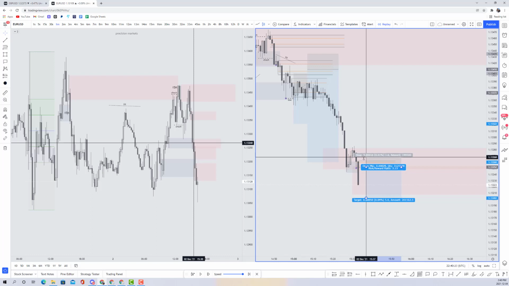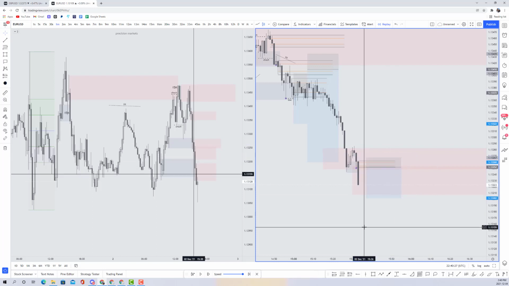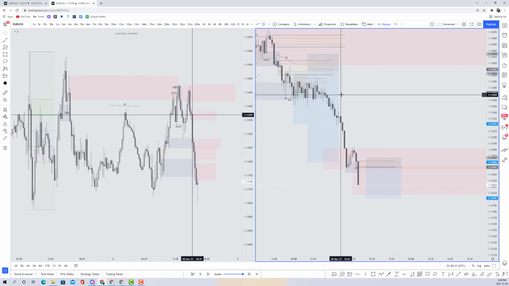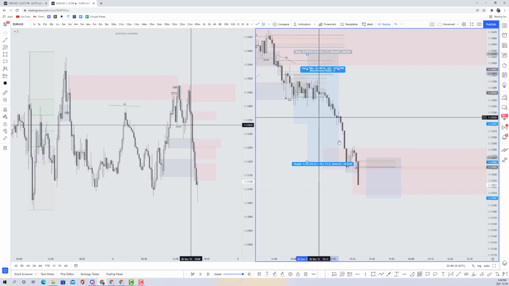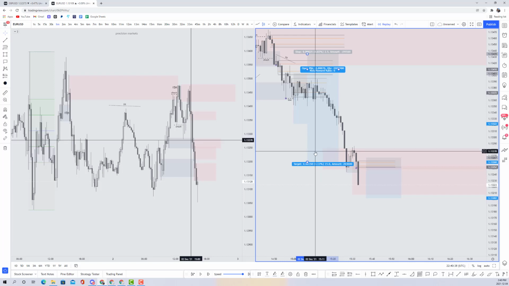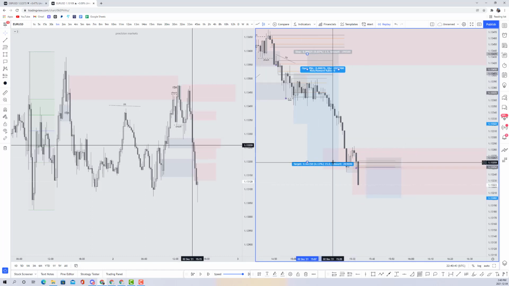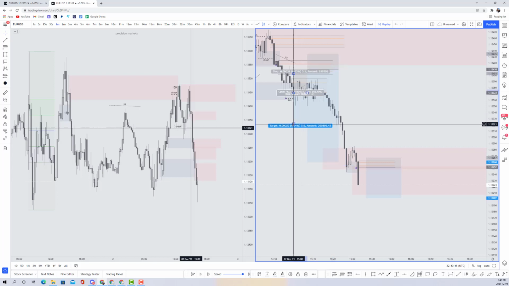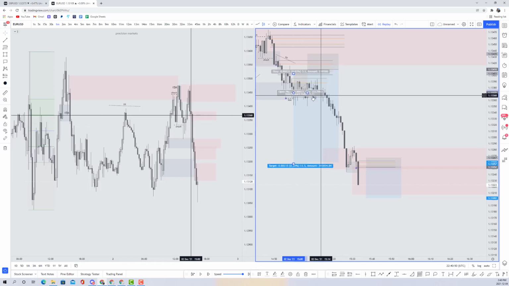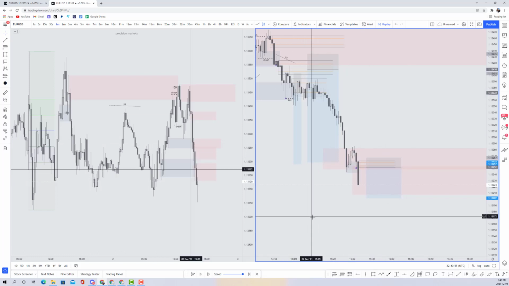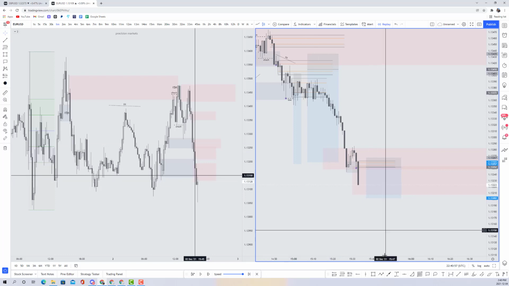What I was going to say was, if you really wanted to be safe and you didn't want to take a hit on this, depending how you manage, this 6R trade here, you can just partial out 2R, and worst case scenario, this loss is covered and you're up 1R on the day, your commissions are covered, so at least you're at break even. At this point, neither one of these trades would have any risk on the table. So just moving forward,